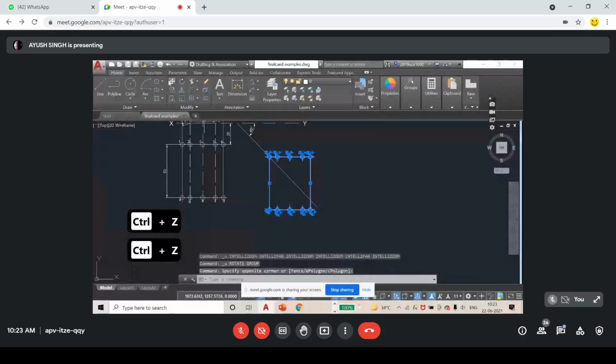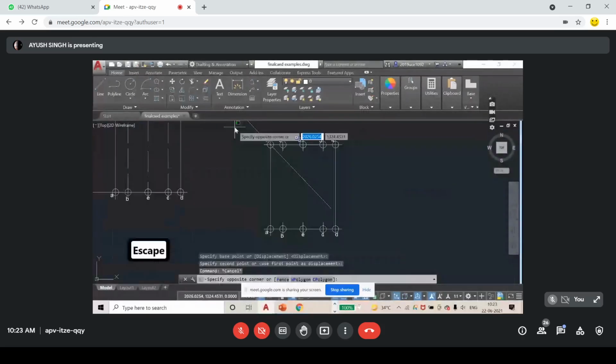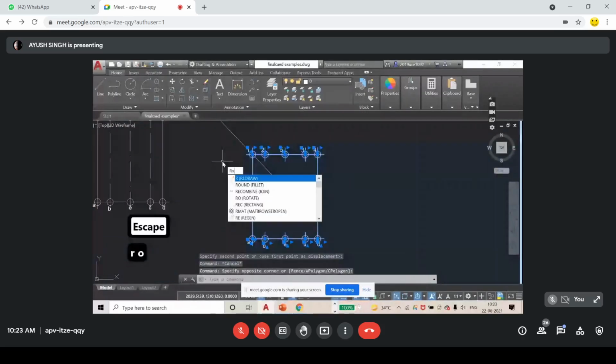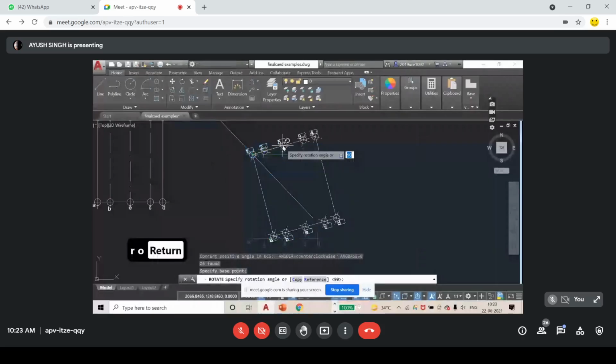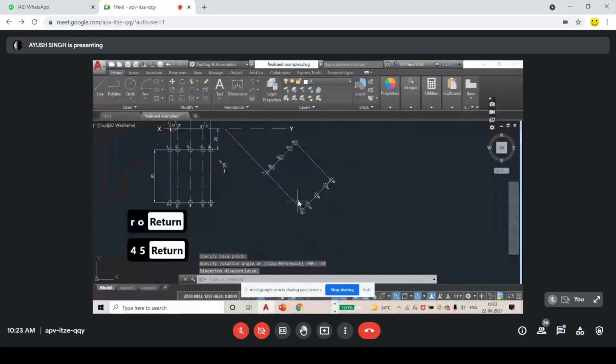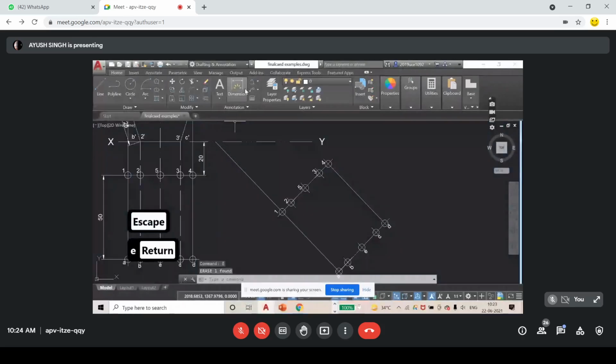Okay, now I am going to rotate it, R, and rotate it by 45. Done. Okay, this angle is 45. This angle is actually 45. Okay, and don't forget to save your file.